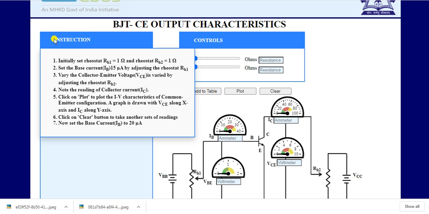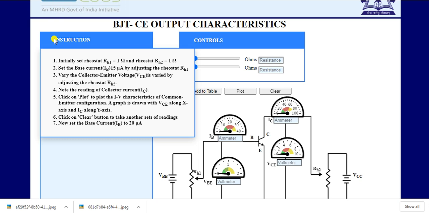Then we will fix the value of base current, that is given here as 15 microampere, simply by adjusting the rheostat RH1. Then by adjusting the rheostat RH2, we will change the value of VCE and we will note down the value of collector current, that is IC, and then we will plot a graph between VCE and IC, that is our output characteristic curve.